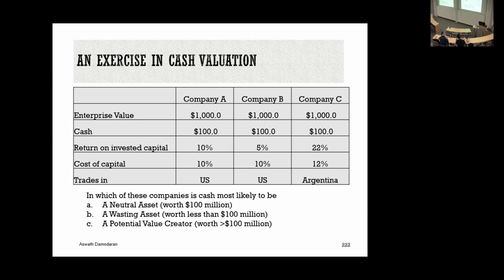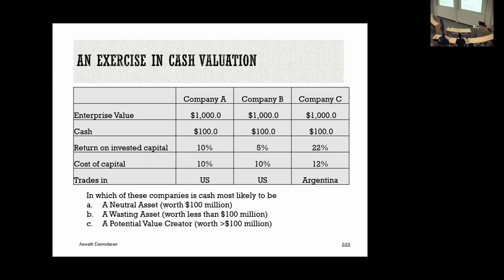Say I have three companies. They have the same enterprise value. They have the same cash balance. And about these cash balances, there is no doubt, so this is not Satyam Computer cash. You've heard of that story? The Indian company that was a technology company, where the auditors would go in and say, we have 200 million in cash, where is the cash? And the company said, well, it's up there somewhere. It's in cyberspace. And they were a technology company. The auditor said, okay, that must be true. Turned out they had no cash. So there's no doubt about this cash.